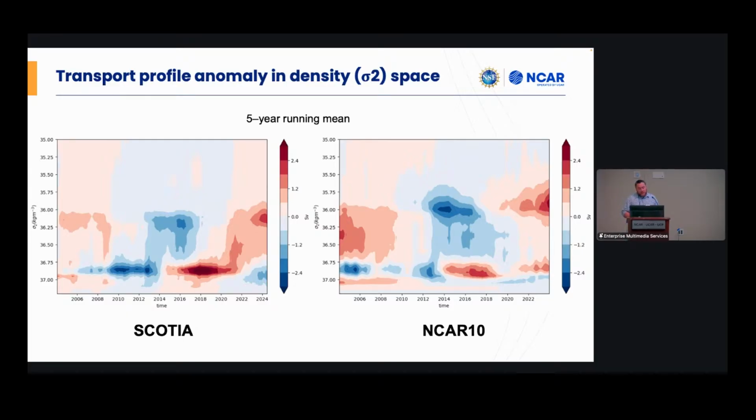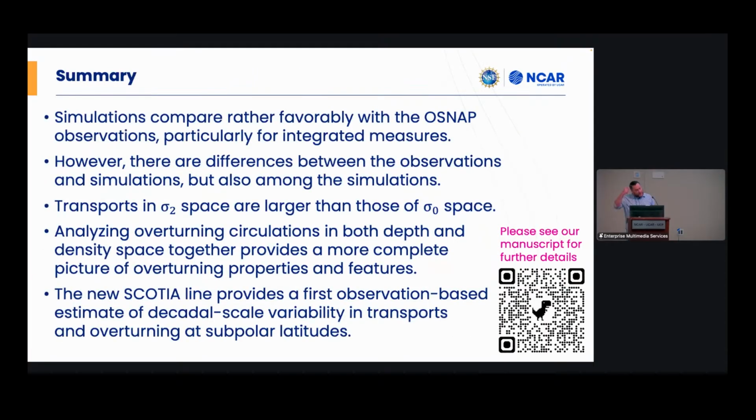So that's quite exciting and interesting, and so we hope to look at this kind of phenomenon in this multi-model framework and see if all the models consistently reproduce this. So in summary, overall, I think we have shown that the simulations compare rather favorably with those SNAP observations,